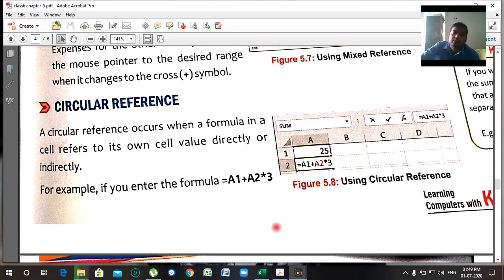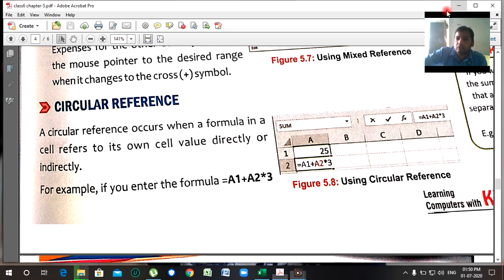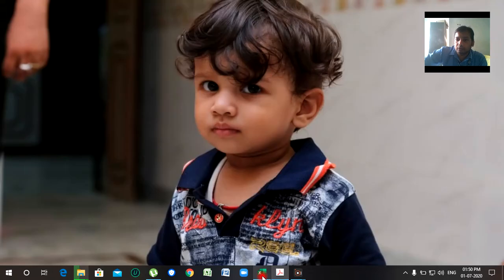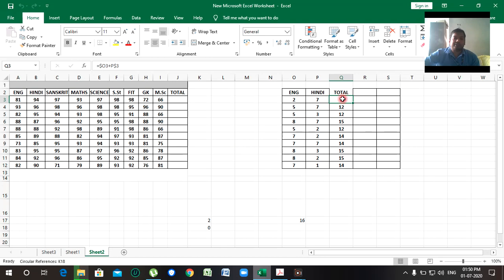Now here I am going to show you in MS Excel how to perform this operation. See, in MS Excel, the data is already given over here. First of all we are going to see the relative reference. Relative means it shows the value relatively; when we copy the formula from one cell to another cell, it changes its cell addresses.